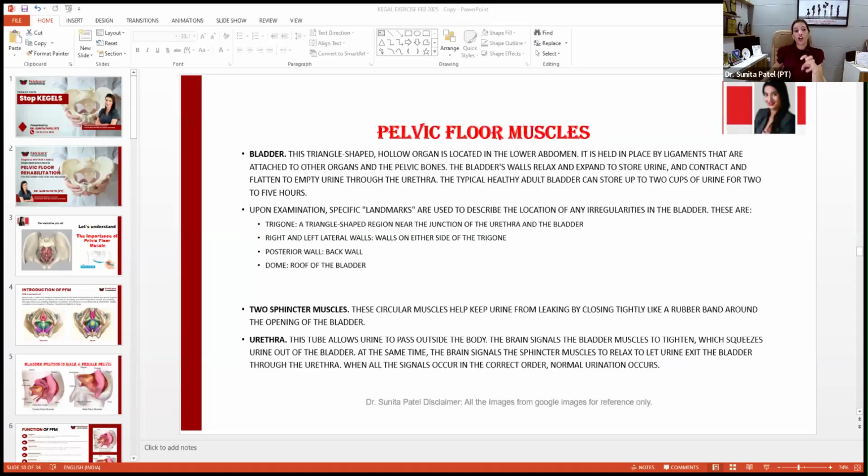Kegels means creating contraction, increasing the strength of the pelvic floor muscles, whenever you feel the muscles are not having tone and are hypotonic. Muscles can be hyper or hypo. Hyper means too tight, with too much tone. Hypo means very lax, very loose muscles that cannot provide supportive sphincteric action. So leakage is there, and sphincteric action is not good. Something is falling outside, piles are there. These things can happen due to weak pelvic floor muscles. Stability is not maintained, and back health issues are going on.